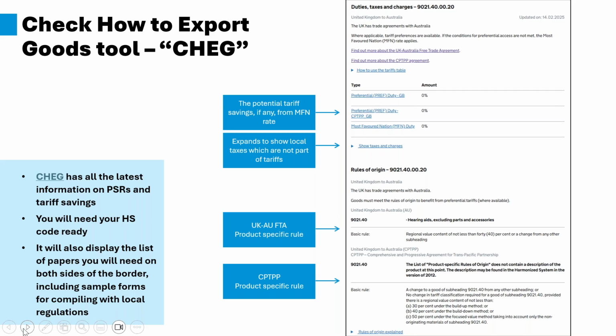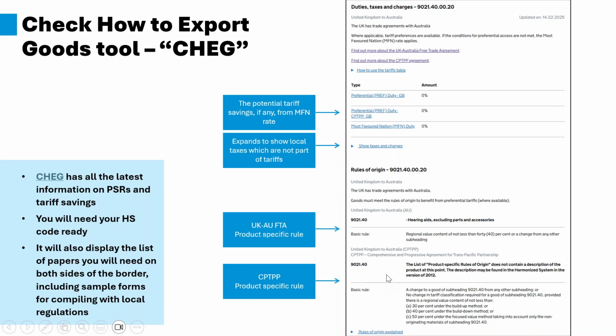Now, this is an interesting case. After signing CPTPP, if you are exporting to Australia or any of the other countries that we have both a bilateral agreement and a CPTPP agreement with, you can choose which rule you want to meet in order to meet the rules of origin requirements. If you look at the rules at the bottom of the screenshot, you've got one set of rules, for example a regional value content rule saying not less than 40%, or a change of subheading. That's covered under the UK-Australia FTA.